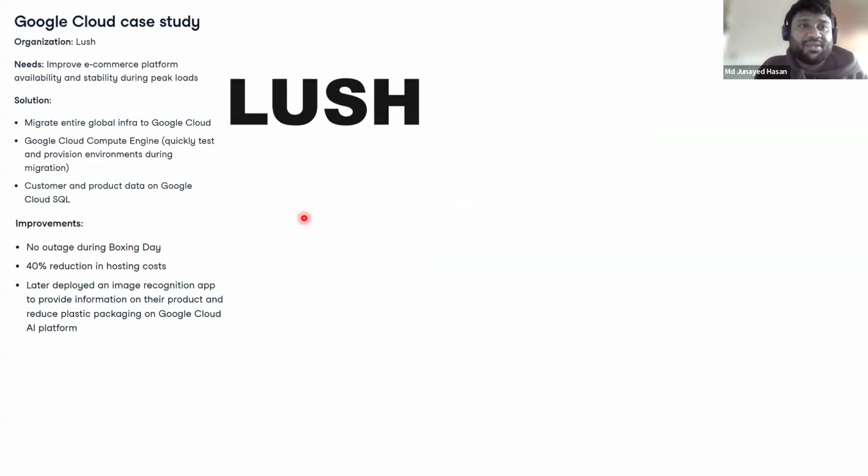So I want to give a case study before I go to my case study itself. There is a Google Cloud case study from the UK, and this is pretty interesting. Okay, so what is the case study? There is a soap company called Lush. It's a pretty fancy soap company, and they sell good cosmetics products. Every year in the UK or in the US, there is a Black Friday. Okay, I think in the US it's Boxing Day, in the UK we call it Black Friday. Here they typically sell a lot of stuff and give a lot of discounts.